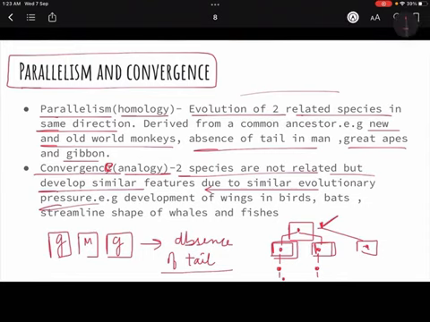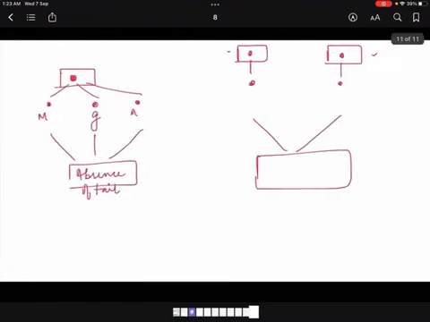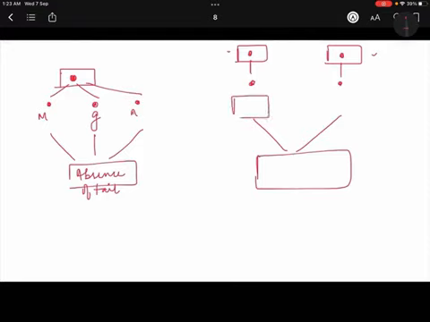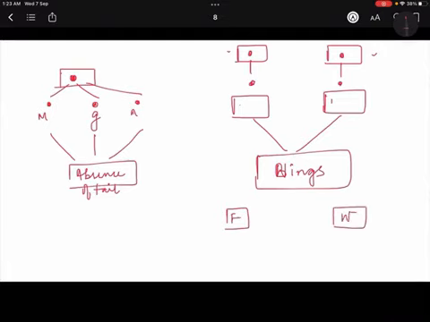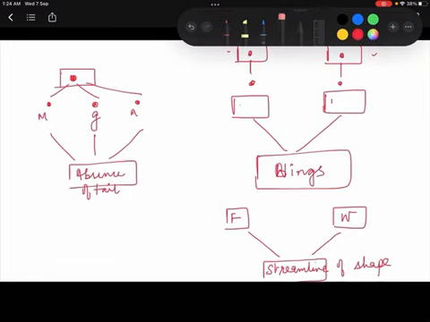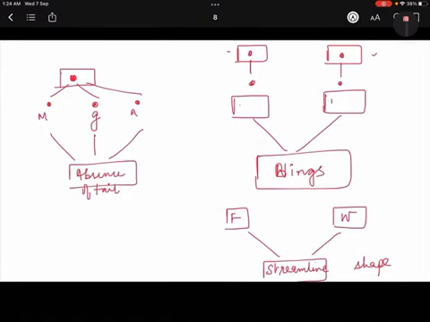For example, development of wings in birds and bats, or streamlined shape of whales and fishes, right? Now birds are a different category and bat is a mammal, a different category. Even birds, they are Aves, and bat is a different category, but both got wings. Or fishes are different and whales are again mammals, both got a streamlined shape of body, you know. Streamlined shape of body, right? So this was all about